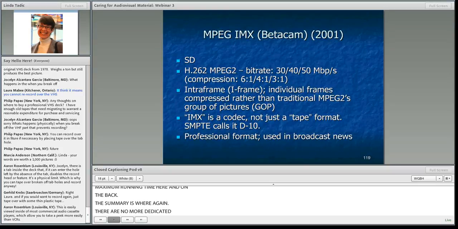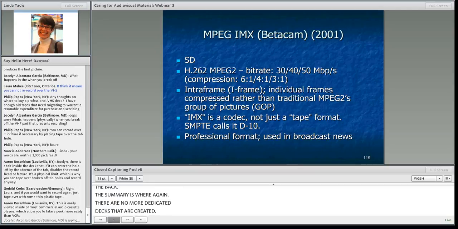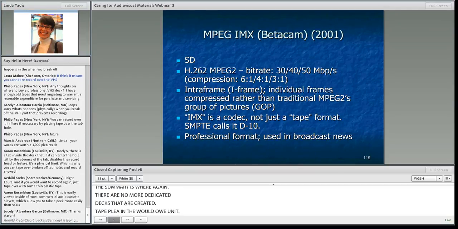And let's keep going to the MPEG IMX. So this is another Betacam digital format, which plays an MPEG 2 flavor. Is, again, another professional broadcasting format. So here's an example of the MPEG IMX tape.